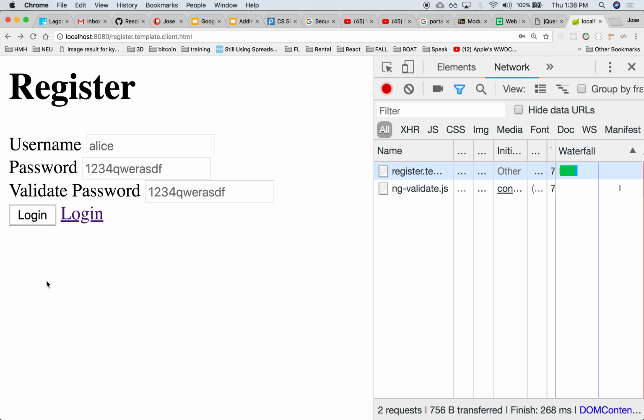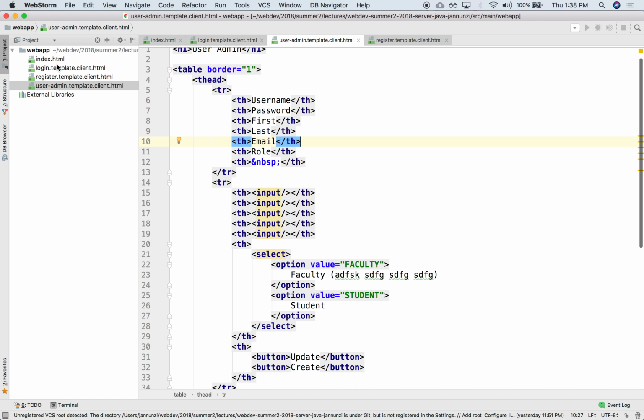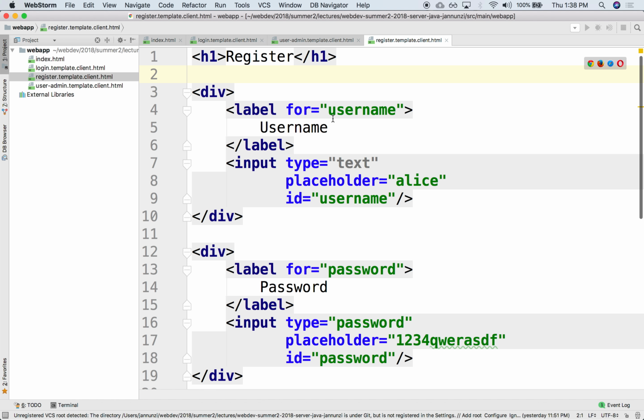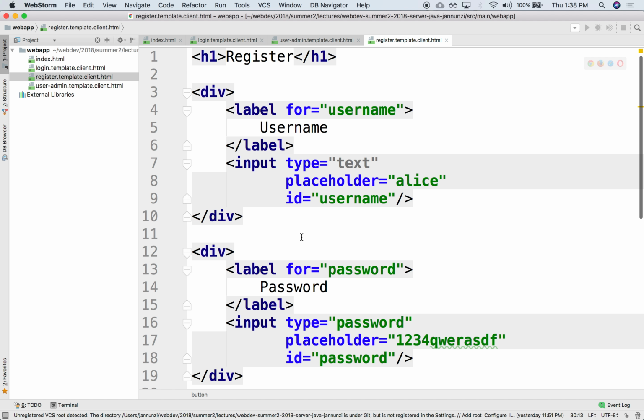Okay. All right. So let's take a look. We have it here. This is our registration page so far. Let's fix this button so that it says register. And okay, so we have the template, right? The template is just plain old HTML. There's nothing spectacular about this, but we do want to interact with this page as folks type something in and